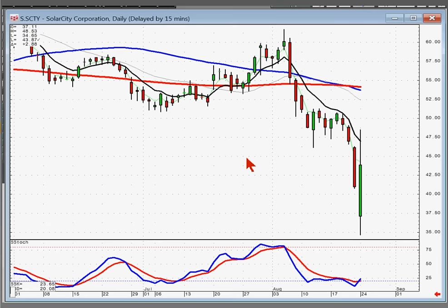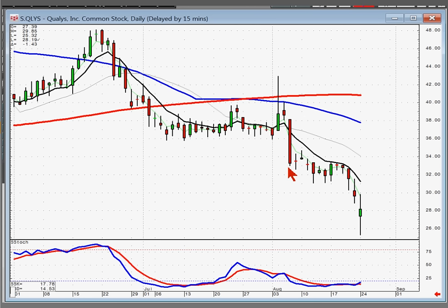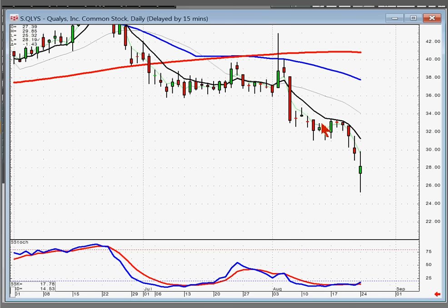Okay, on the short side, QLYS also had this slow curve breakdown. So even though it traded positive today, this one you can still short if it opens lower tomorrow, because it was an indecisive day. If it opens weaker tomorrow,